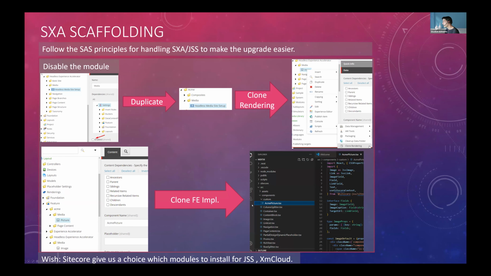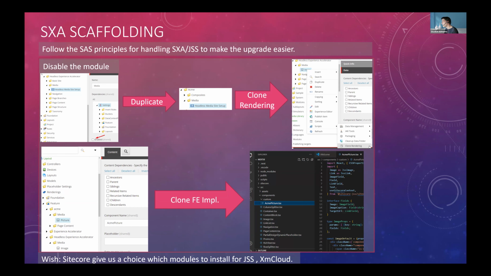And in the front-end sides, I created the new folder, customs, and I basically duplicated that image component, and I named it Acme Picture in here.